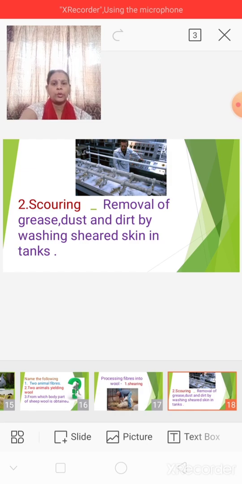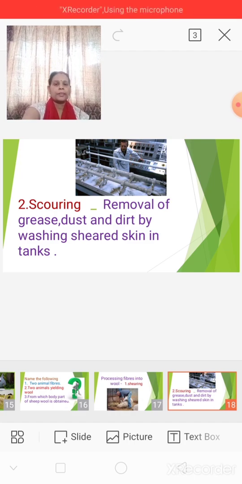Second one is your scouring. Now when they remove the fleece, it is full of dust. There is dirt also there. Since these animals graze here and there, there are so many things which are not good. So it is removed. Scouring means the removal of grease, dust and dirt by washing